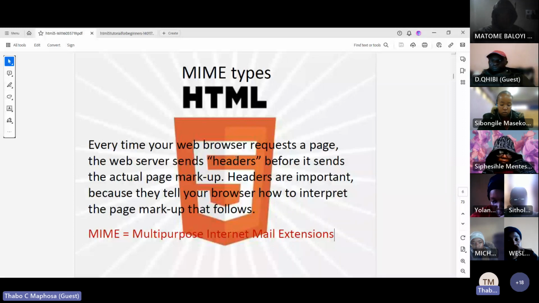Every time a web browser requests a page, the web server will send the headers before it sends the actual page markup. Hence, it is very important. The headers tell your browser how to interpret the markup that follows.